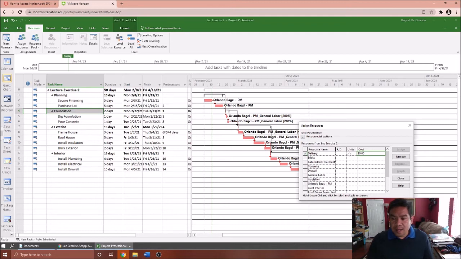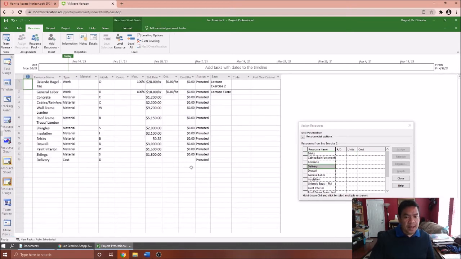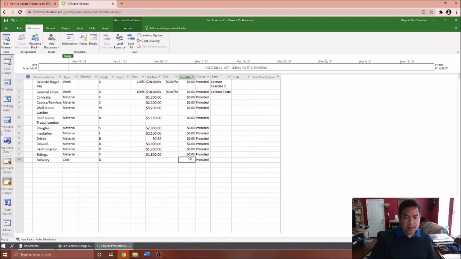I don't know why it won't allow you to put in units here. There are several ways for you to do that. You can add the cost per use here as 500 if you wanted. Let me X this out. I want you to type in